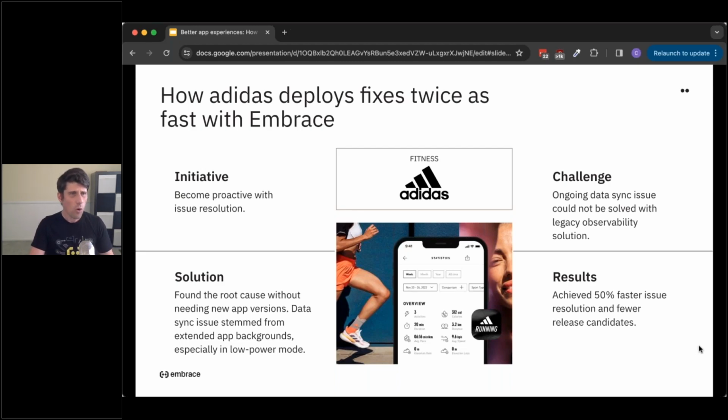So they wanted a solution that let them, as soon as there's an issue, go in, see the full details, get to the root cause, and put out the fix right in the next release. And I'll go through an example here. They had an ongoing data sync issue that they just couldn't make heads or tails of. And this app does a lot of data syncing, right? A lot of health apps do, especially when they can interconnect with wearables, like Apple Watch or Garmin